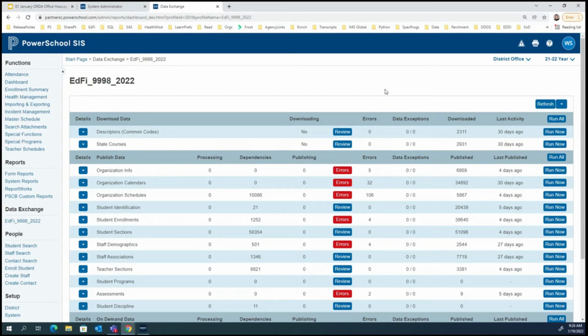And those descriptors that Josh created in EdFi are actually downloaded to your PowerSchool instance when you click that Run Now button. And what happens then is that all the different values for the fields in PowerSchool are checked against those descriptors. And if the mapping exists between the PowerSchool value and the EdFi descriptor, then the data is actually moved up to the ODS and translated to the EdFi descriptor.